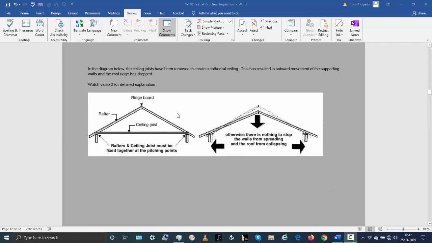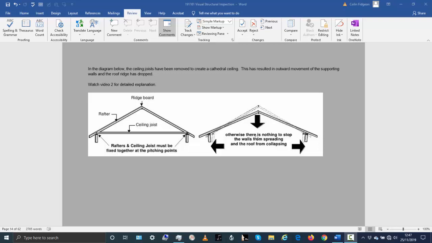You'll see it again on the next page, where there's another situation. Now this is a timber frame example, but it's still relevant in our case, even though we have a stone wall. What happens is you remove this ceiling joist, that puts an outward pressure on the walls, and then the wall moves out and the top ridge moves down.